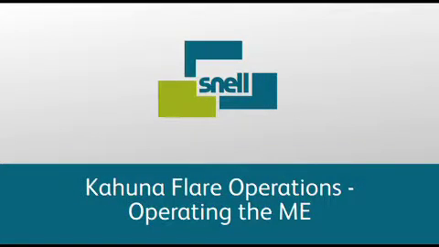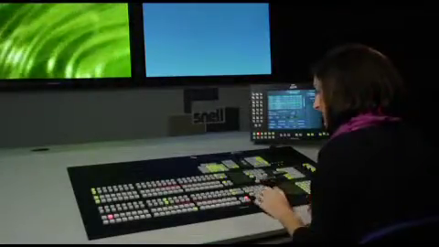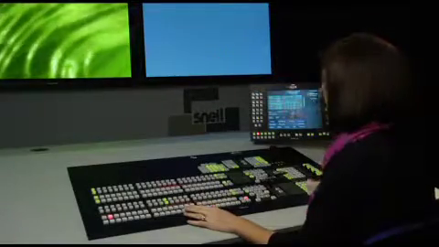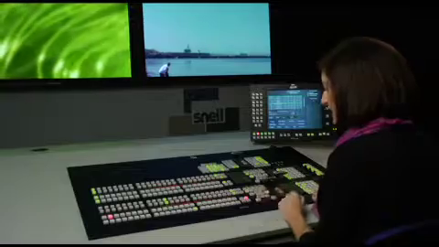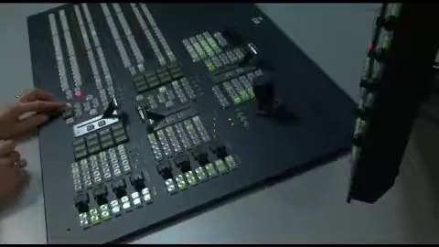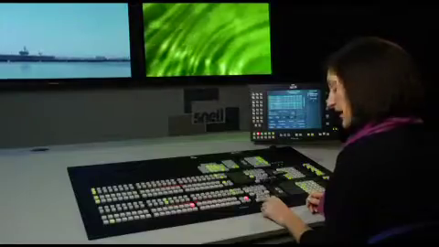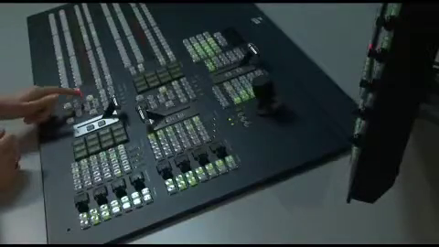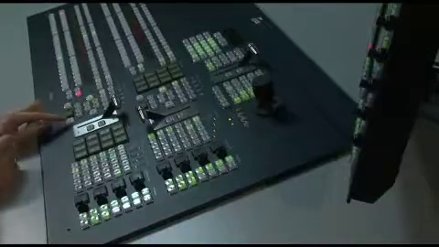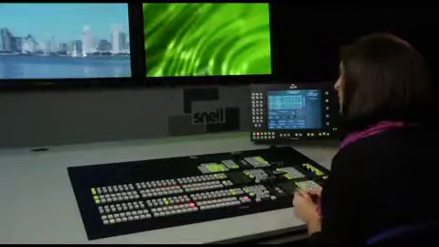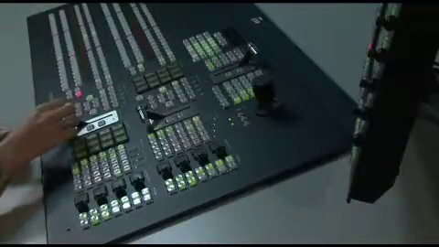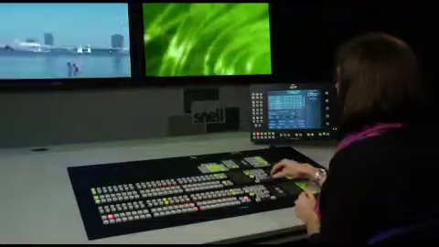So now we're going to take a look at operating the ME. So we have our preview program, and we have our preview and program monitors. At the moment, if I just wanted to cut, I would simply select my cut button down here. If I wanted to do a mix, I select my mix button. And now I could select my auto, which does a nice transition there, or I could manually use my T-bar to mix through to the different